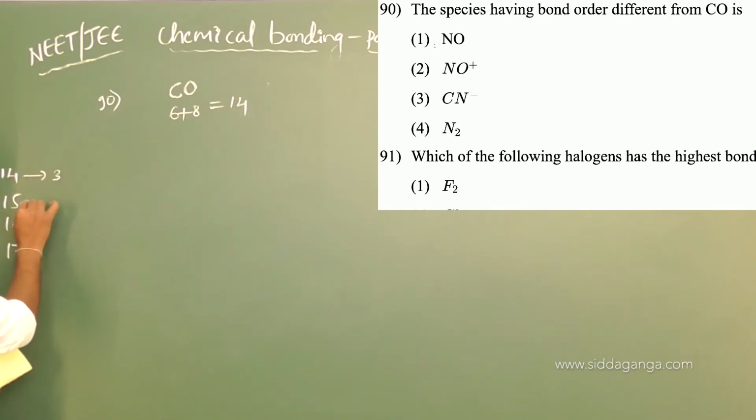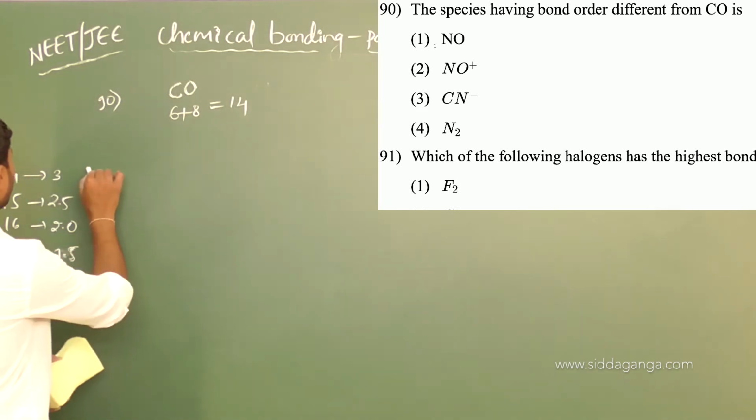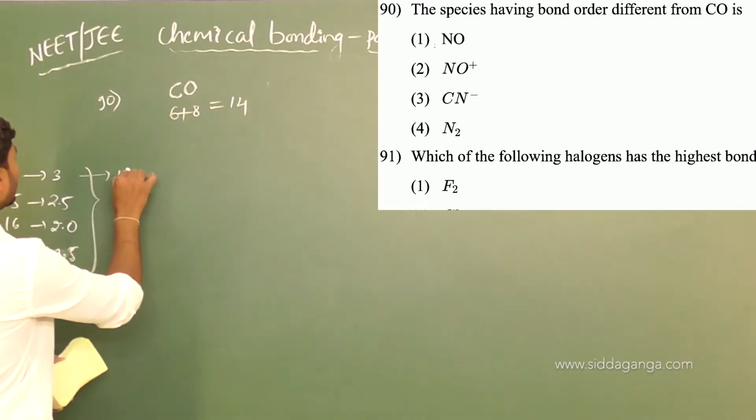14 is 3. 15 means that is 2.5. 16 means 2. This is 1.5. We have to write the bond orders by decreasing 0.5 difference. Okay, like that. The same way 13,